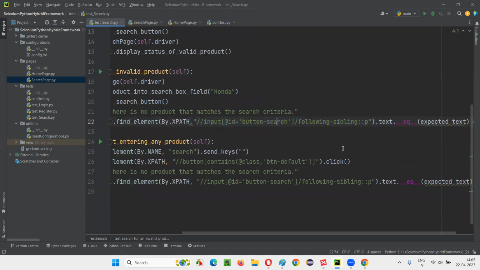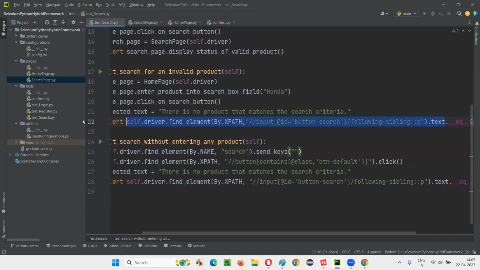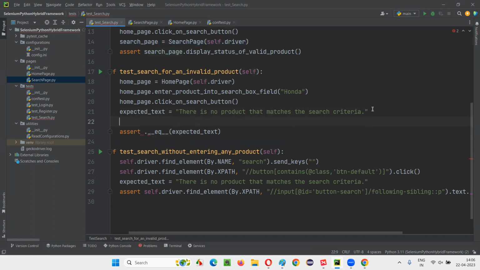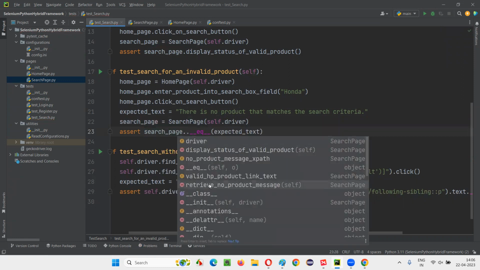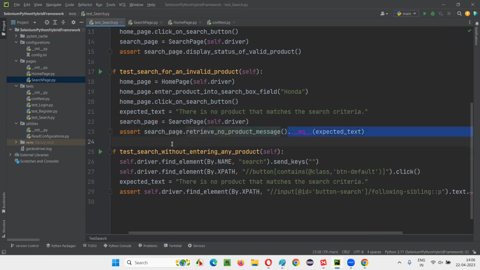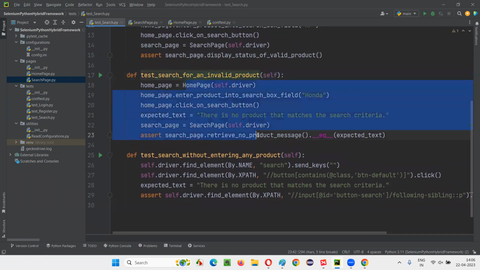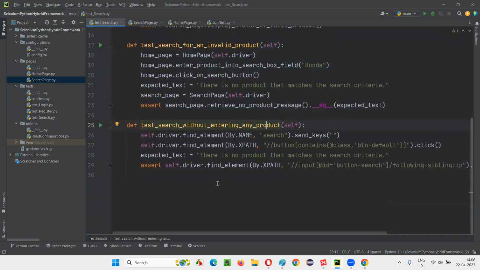So now what I'm going to do is, instead of writing this part, I'll just remove this, and instead I'll simply write it on the search page. So I have to create an object for the search page the same way here, and here I'll say search page dot retrieve no product message. It will return you the text, and that you are comparing with the expected text. That's it. Here we have removed the hard coding of all the locators from the test with the help of the page object model. And the other one, the last one here,